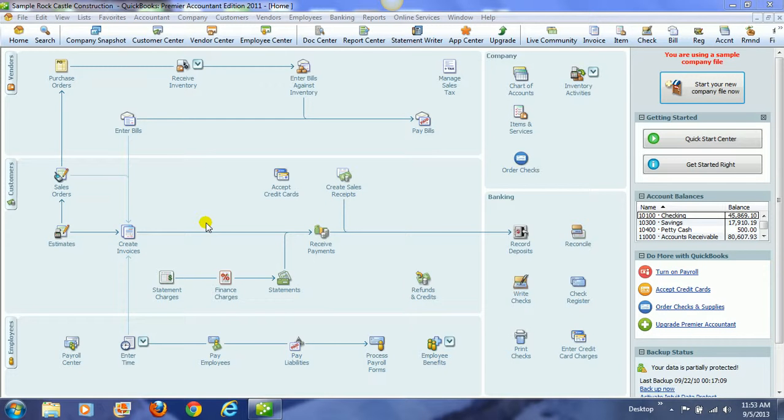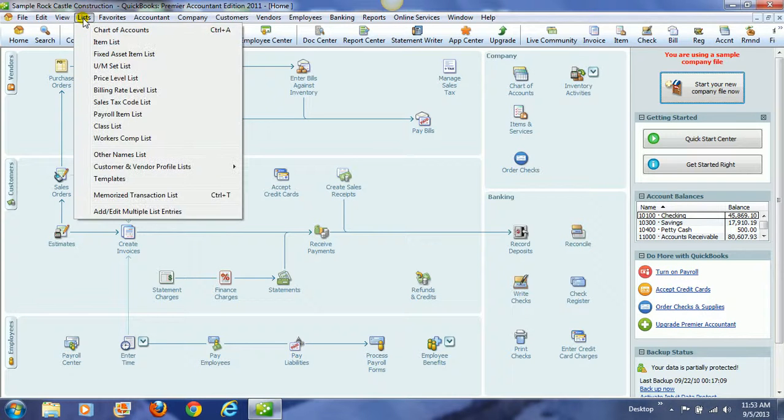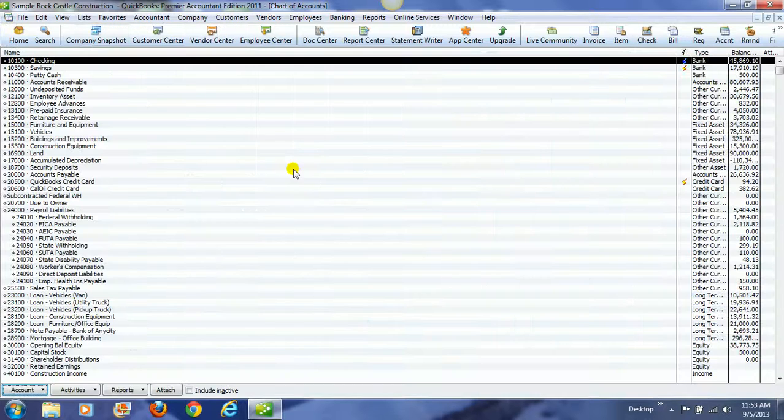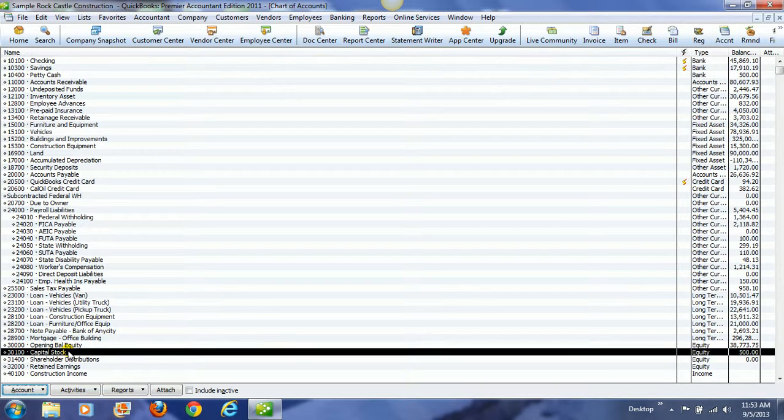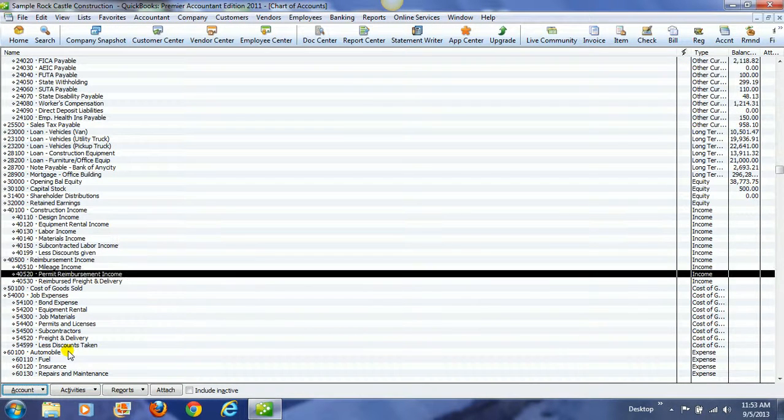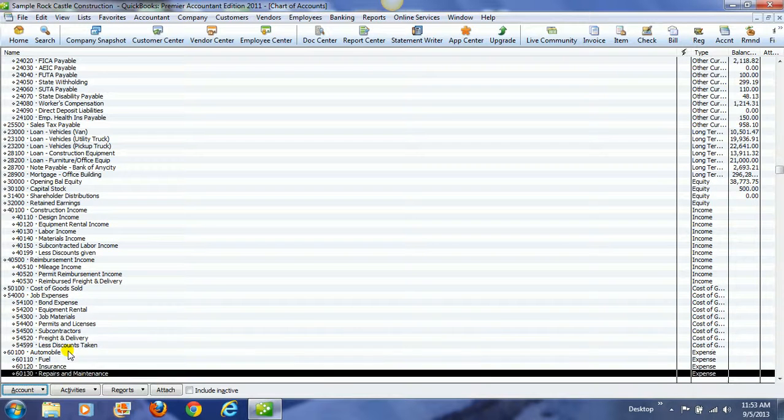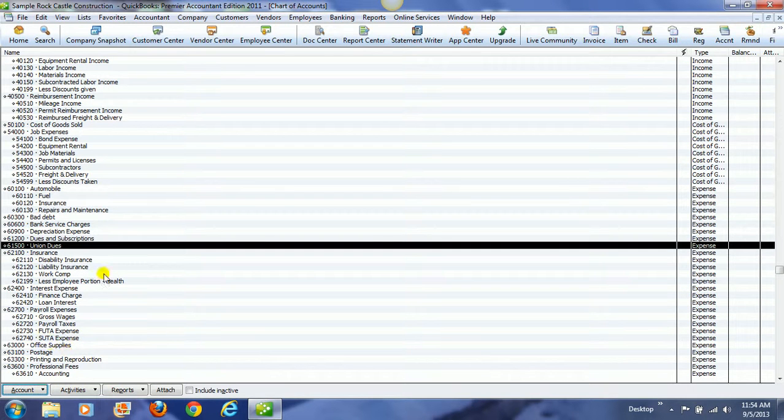Okay, when we are entering our expenses and paying our bills, we need to know what's going on behind the scenes in accounting. So when we entered our expenses in, obviously, I'm going to look at the chart of accounts, all of our expense accounts. If we scroll down and find our expense accounts, the ones that were affected would have increased because expenses continually increase. And we paid our rent, so our rent expense,